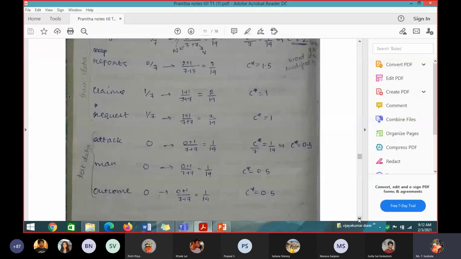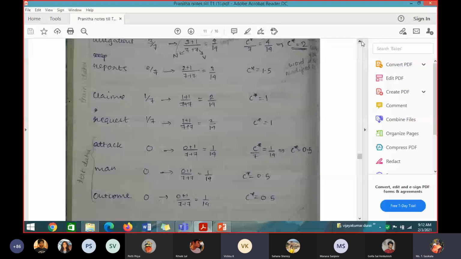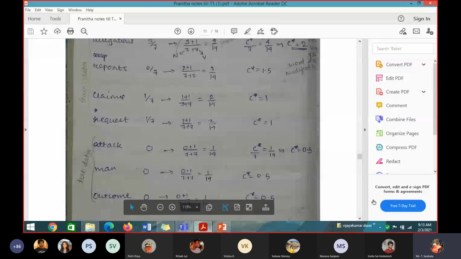Okay, can you now tell me how much I have stolen from each one? How much have I taken from the training data totally, you tell me. 1.5. I have taken 1.5 from the training data and I have given it to test data having 3 words. So from that 1.5, from which words, what is the frequency I have taken? From allegations 1, reports 0.5, and claims and requests 0. I have not taken anything. In the previous case I told that I would take 0.5 from each, but for your example I can take from some and not from others, but I have to steal something and give it here. So here the final conclusion you have to write like this.